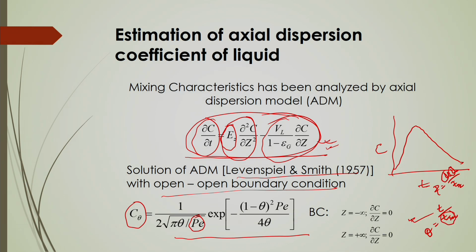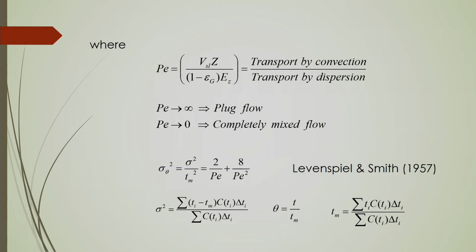Now, how to fit this experimental data with the axial dispersion model: either numerically or by some other method, which is called the moment method. Based on the moment method, you can get the solution like this. From the first moment you can get the mean residence time, which is defined here. If you know the concentration with respect to time, then you can calculate Tm from this equation, and then theta will be equal to T by Tm. From the second moment of this equation you can have the variance